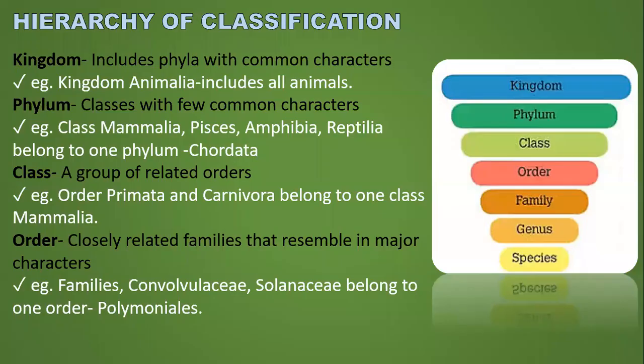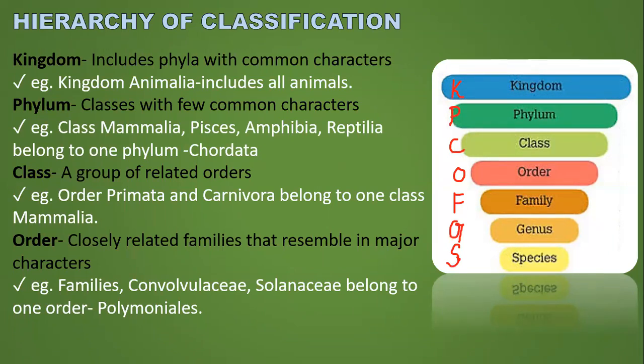Let's get started from this part onwards, that is the hierarchy of classification. Before we begin, you all know what is meant by this, right? That is starting from kingdom onwards: kingdom, phylum, class, order, family, genus, and species. I have given you the code also to remember this, KPC of GS.